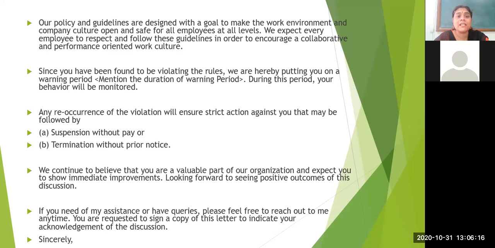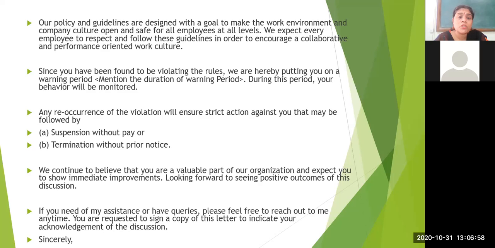Our policy and guidelines are designed with the goal to make the work environment and company culture open and safe for all employees at all levels. We expect every employee to respect and follow these guidelines in order to encourage a collaborative and performance-oriented work culture. So normally the higher authority, when drafting a letter, is trying to convince the candidate who committed the misconduct in the organization, giving a reminder of what the culture of our organization is. Okay, since you have been found to be violating the rules, we are hereby putting you on a warning